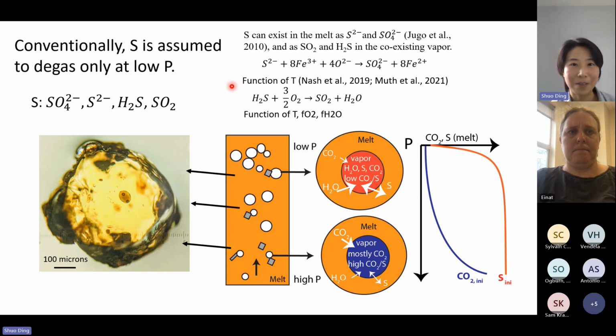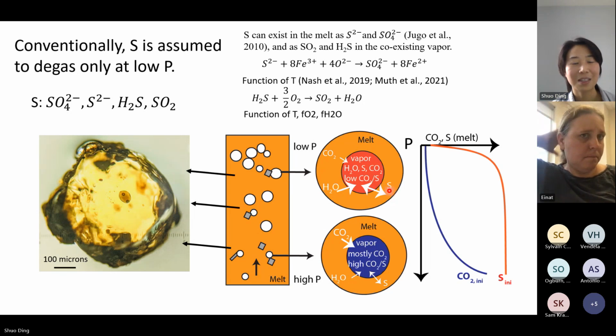Because of its multivalent nature, we need to consider a lot more equilibria, right? What's the equilibrium between sulfate and sulfide in the magma? What's the equilibrium between H2S and SO2 in the vapor phase only? And what's the equilibrium between the vapor and the melt regarding sulfur? So